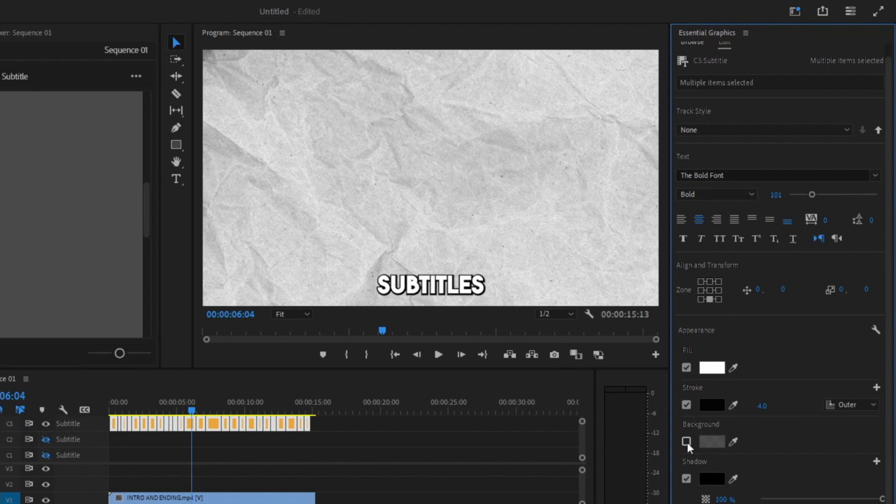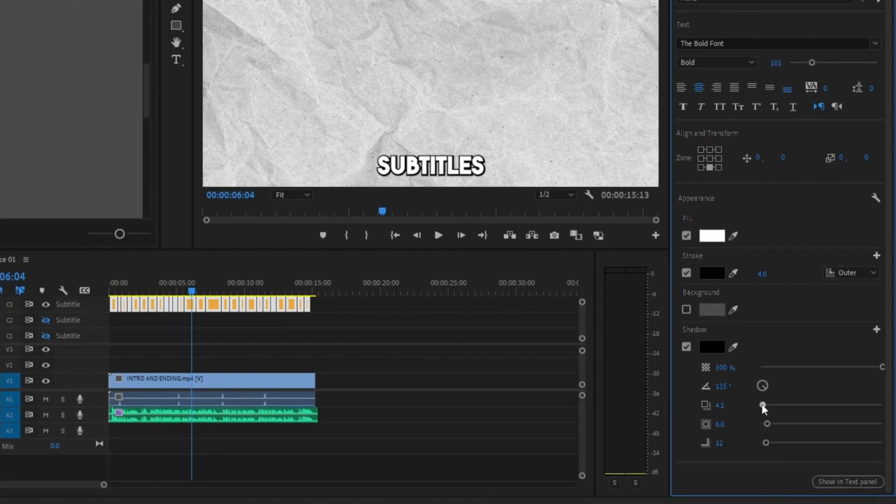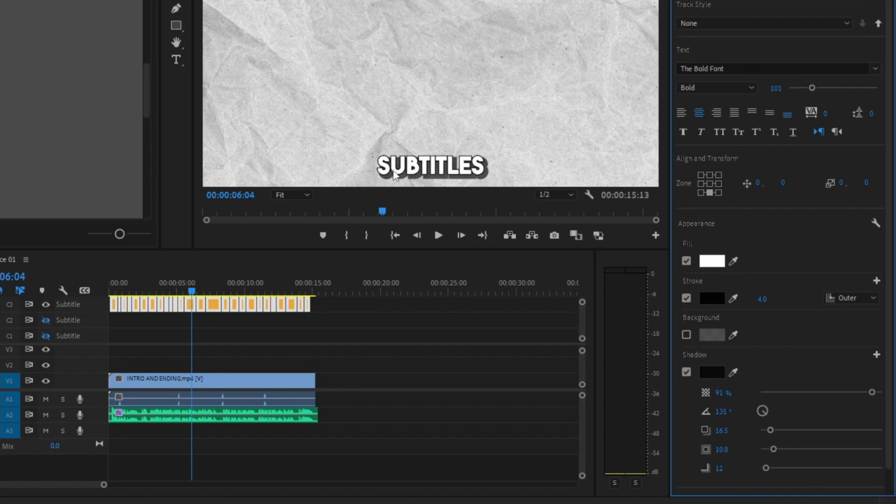And for the next one, you could add some background, but we're not gonna do that. And right here, which in my opinion is the important one, the shadow, let's just go ahead and adjust this. So I added some drop shadows, as you can see. So as you can see, it's much better right now. We added some strokes, some shadows, we adjusted the size of our characters, and we also changed the font into